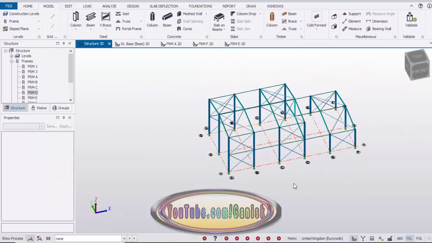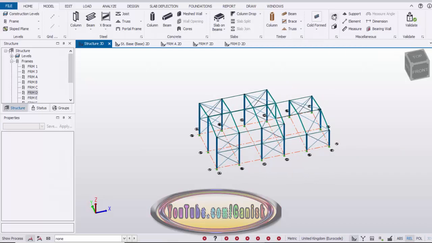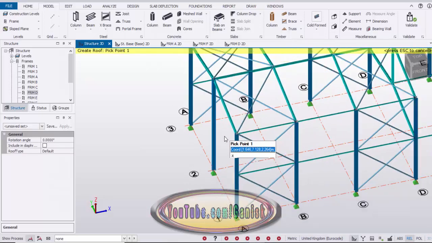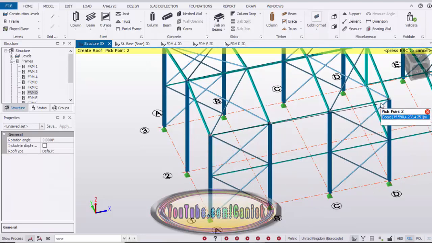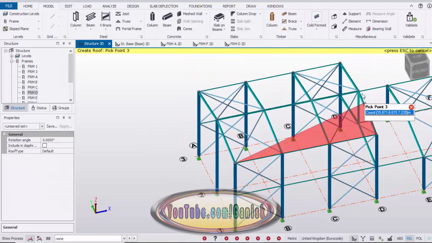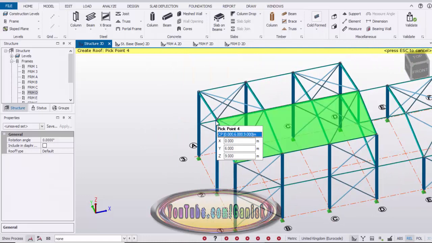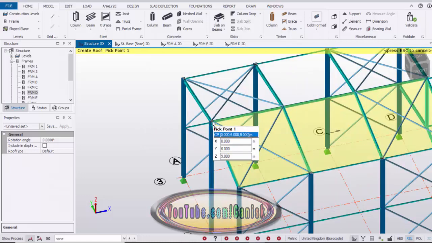Now we're going to create the roof panel for applying the loads on the structure at the roof. So click on here to select the roof panel option and zoom it and pick the first position and second position and third and fourth position too, and pick the initial position to place this panel, and do the same procedure.